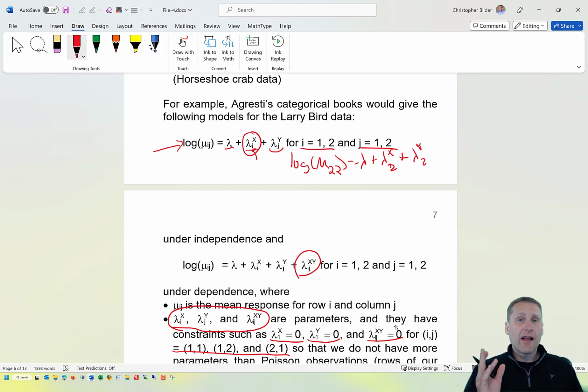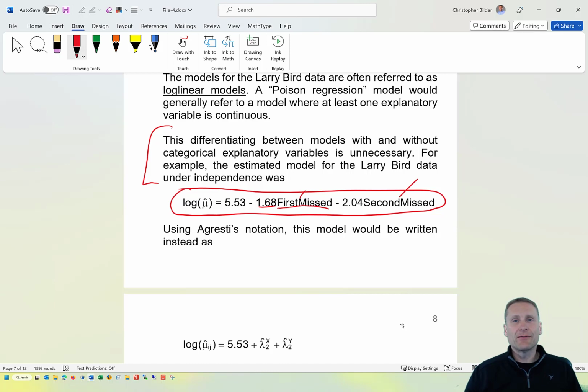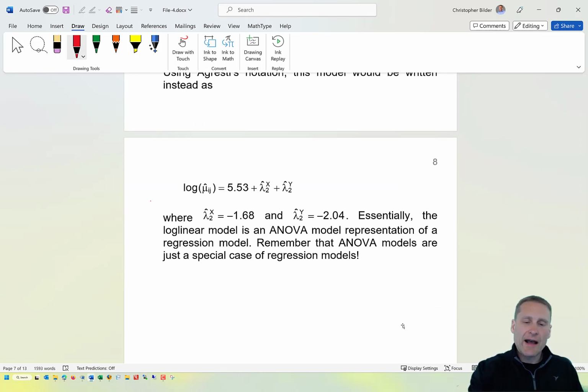Lambda 1 superscript x is equal to 0 for level 1 of my row, which would be first made. And then lambda 2 superscript x is what we're actually then going to estimate. What's that estimate? Negative 1.68. You could do a similar thing for the column variable as well. And so this is what I did here in terms of writing out the model in this alternative format. It's exactly the same. All it is, as I've said before, is what's often referred to as a treatment effects formulation